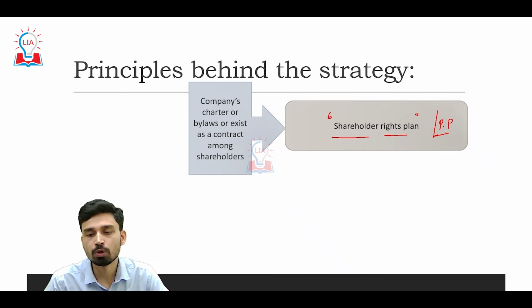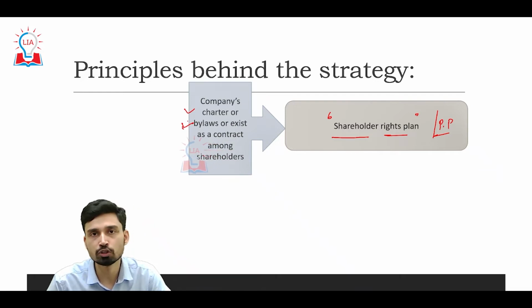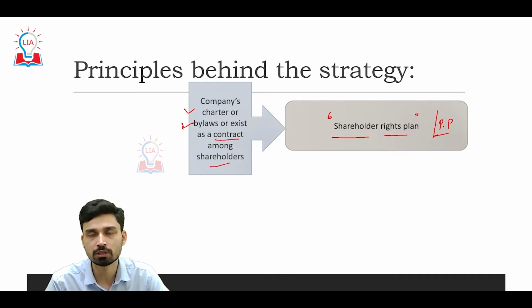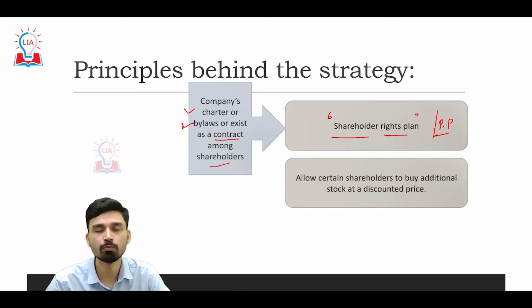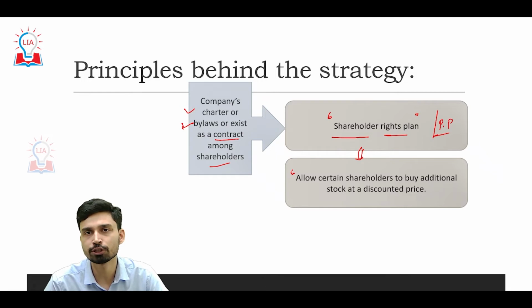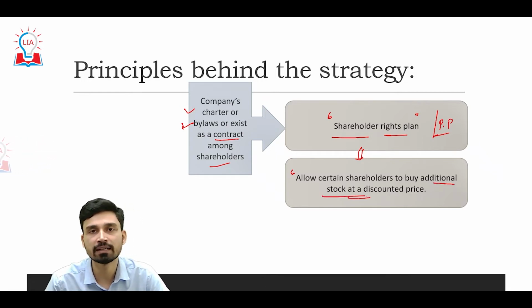So this shareholders rights plan, or poison pill strategy, can be mentioned in the company's charter, or it can also be mentioned in the bylaws of the company, or it can even exist as a contract among the shareholders of the company. So these are three sources from which the company can use poison pill strategies. Once this technique is utilized, it generally allows certain shareholders to buy additional stock of the company